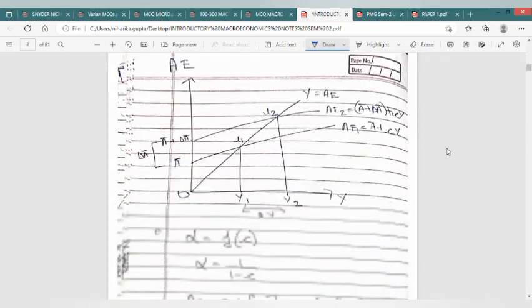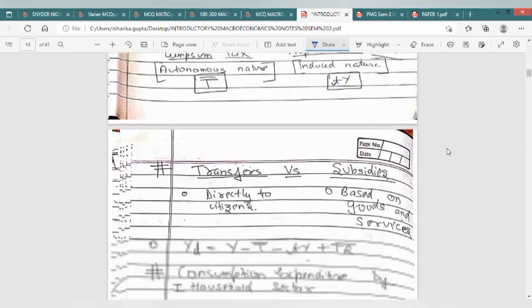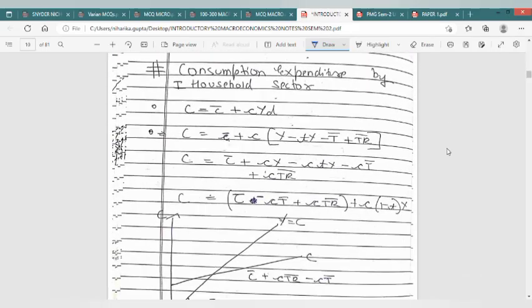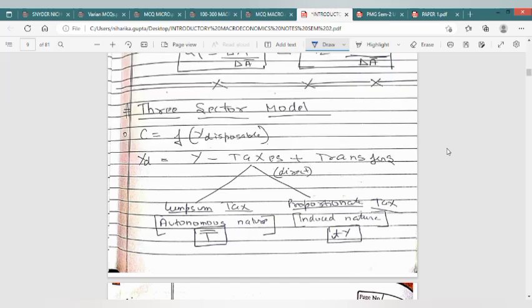Now moving to next concept, which we have. Now you can see here consumption expenditure. In three-sector model, we have consumption expenditure, where consumption is a function of disposable income. It is not income but disposable income. This is a very important thing because we often make mistakes and rule out the taxes component while solving for three-sector model income determination numericals, where YD equals Y minus taxes taken by the government plus transfers given by the